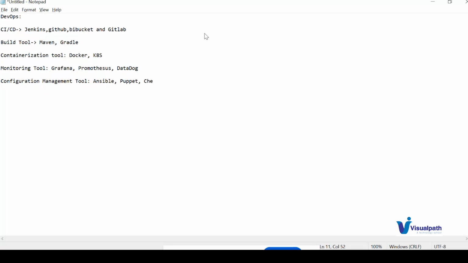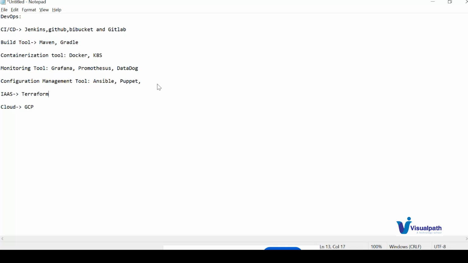So these are all configuration management tools. You have to be familiar with one of them. But if you know GCP, then it is most useful for your career. So these tools we can use as part of DevOps.